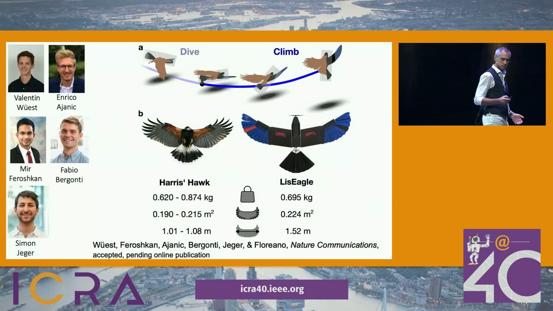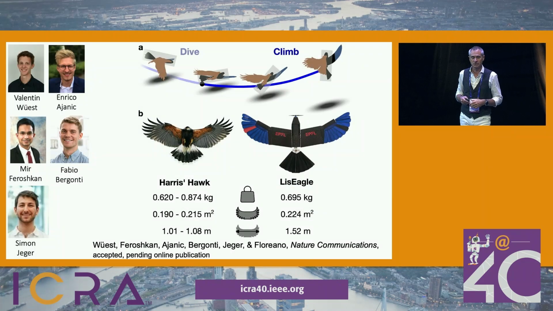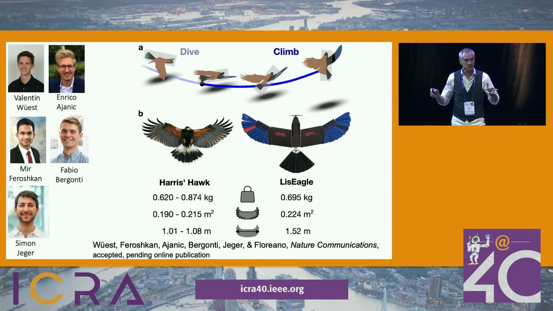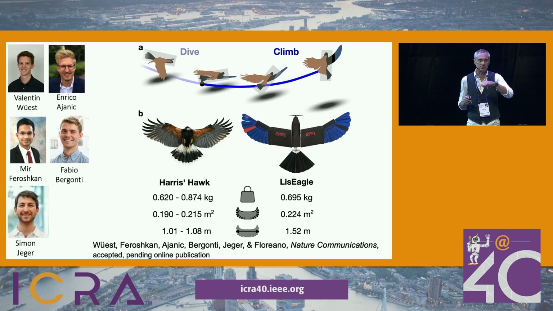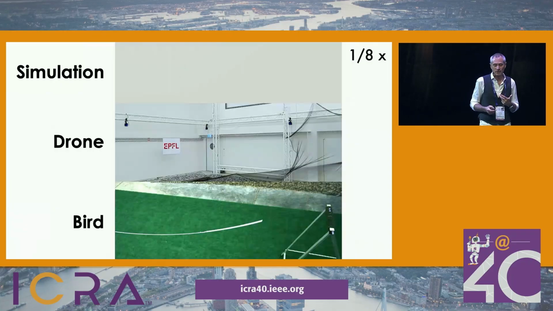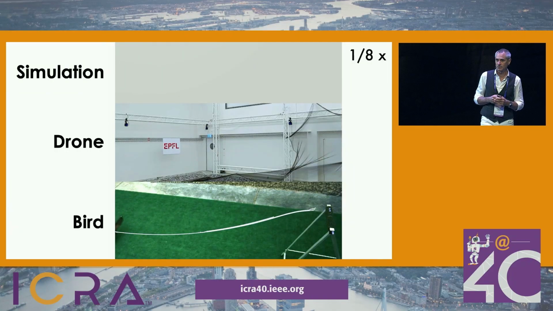And we said, oh, we could test Graham Taylor's hypothesis by making a modification of our drone, which is called the Lisa Gull in this case, which models the mass and the aerial surfaces and the morphing capabilities that the bird uses in this particular perching maneuver. And we can use trajectory optimization to test different types of optimization criteria. And to make a very long story short, we actually validated Graham Taylor's hypothesis.